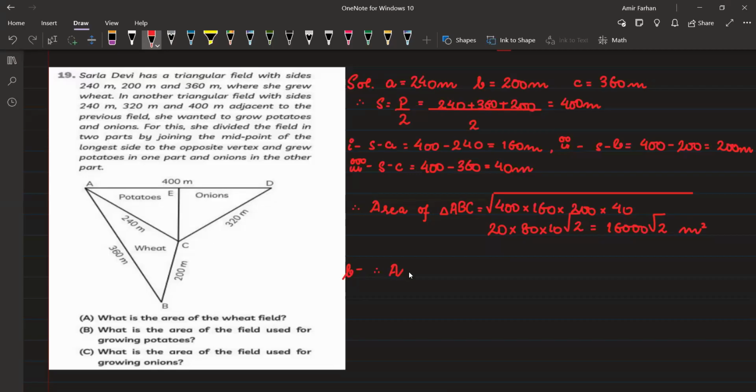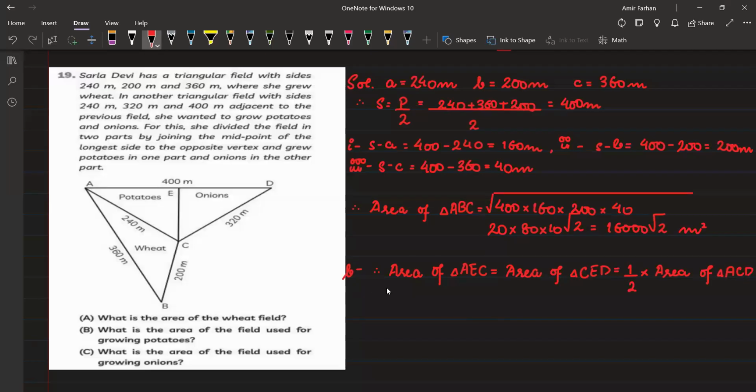सो यू कैन राइट दिस थिंग एज एरिया ऑफ triangle AEC is equal to area of triangle CED is equal to half of area of triangle ACD, ठीक है।